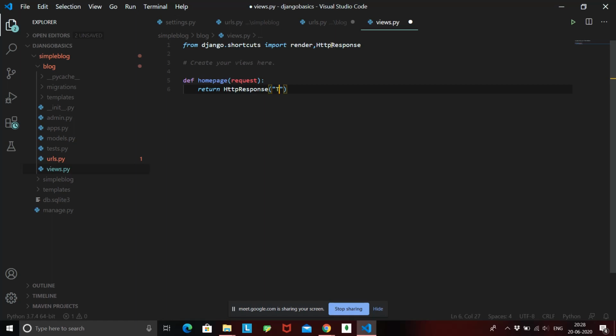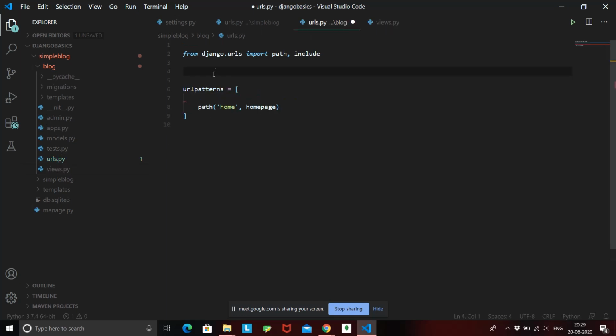And we can just write this is the home page of blog app. Okay, so now we need to first import this function from views. Okay, so now we are ready with our first page inside our blog app.